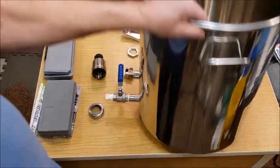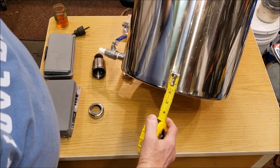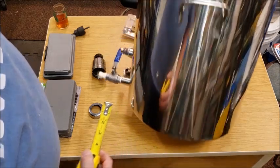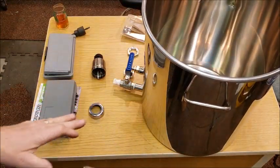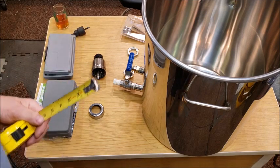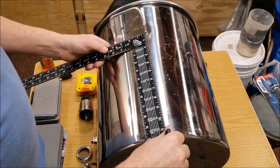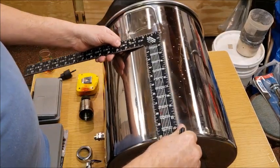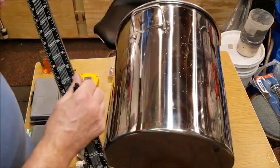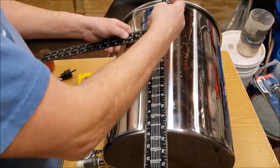Now, I'm going to go to the side here, and I'm actually going to come up about 1.5 inches to 2 inches, maybe 1 3/4 inches from the bottom. And that will leave plenty of room underneath the element for the water to circulate and boil. All right, the first thing I'm going to do is measure the distance between the handle pieces, and from end to end it looks like it's 4 inches. So I'm going to mark 2 inches across